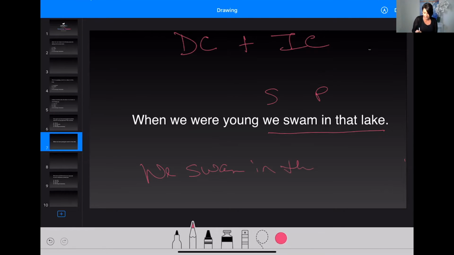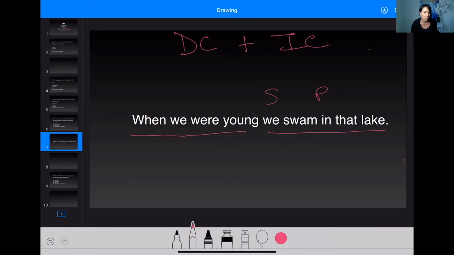We swam in the lake. I put a period there, and I had a capital W here. It's good. It's a sentence. It could stand on its own. It's independent. That's why they call it an independent clause. However, this piece here, when we were young, is a dependent clause because of this "when" here. If we didn't have "when" and we just said "we were young," that is a sentence. But when I add this "when" here, it's like, when we were young,